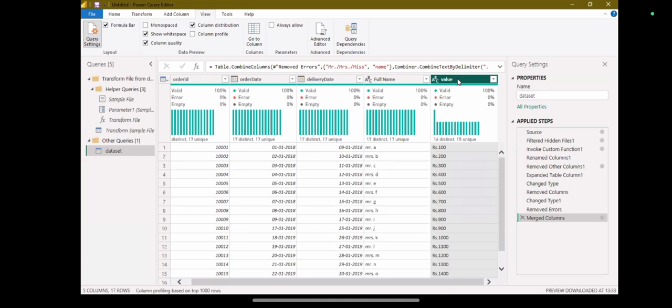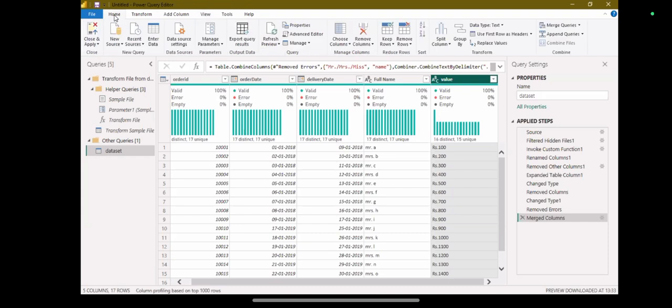Extract from text. Okay. Split column option. Nice. Okay, so I will show you with the split column option itself. So split column, either you can get it from the home tab, or